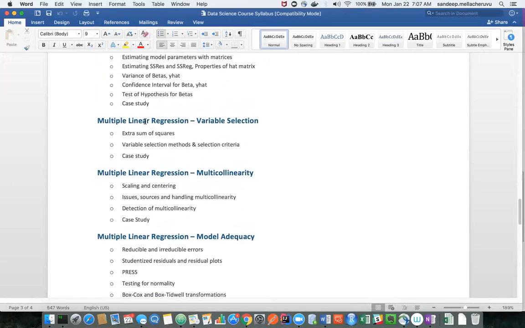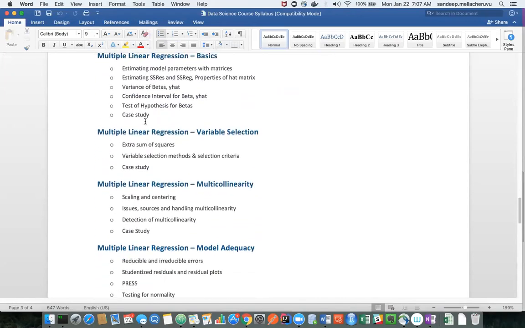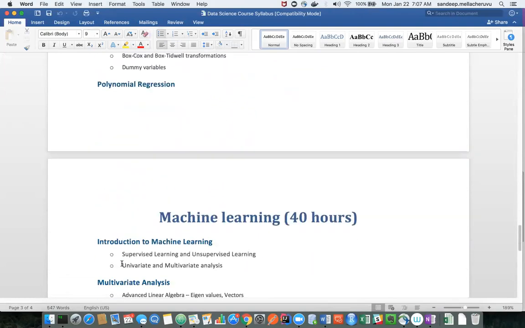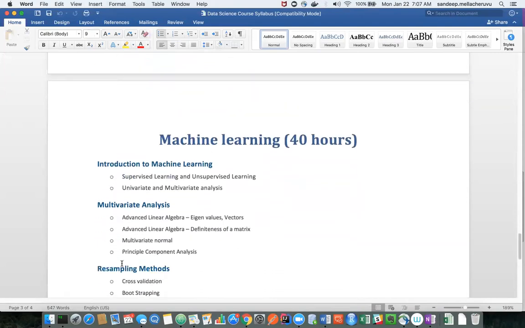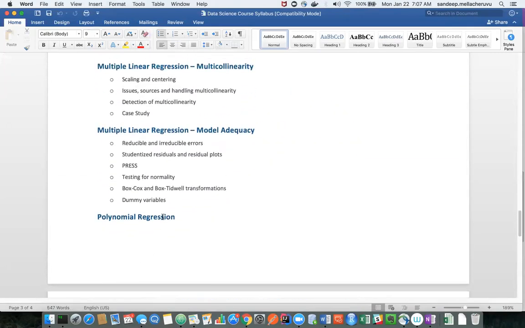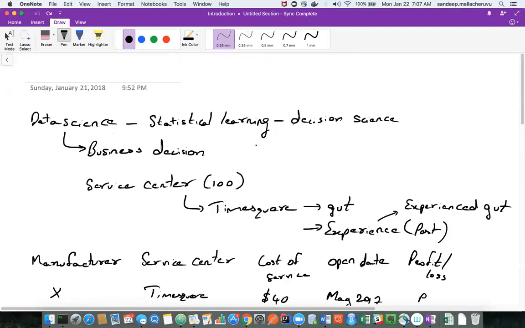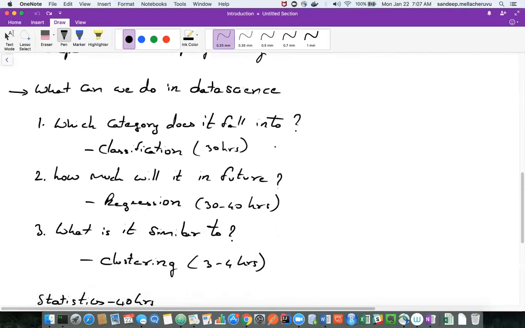So at the end of this module, you'll realize that now you can start using the regression concepts in classification as well. So that's how the course is organized. Once the regression is done, you'll get to know that regression and classification are closely related, but you'll not know until the end of this regression topic. These two are closely related.